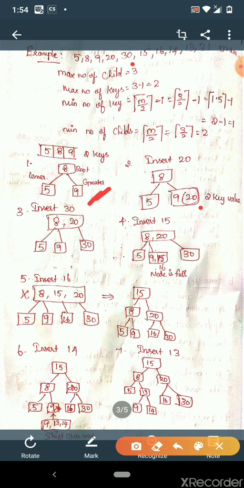That is, you are going to move the key 20 to the root. So here, the step is insert 30. So 8, 20 as the root, and at the left side of 8 you will be having 5, and right side you will be having 9. And again the greater number of 20 is 30. The next step, you are going to insert 15.